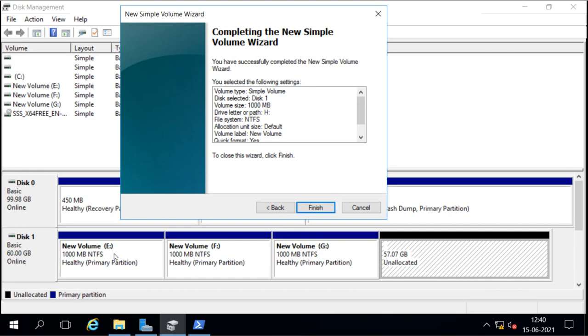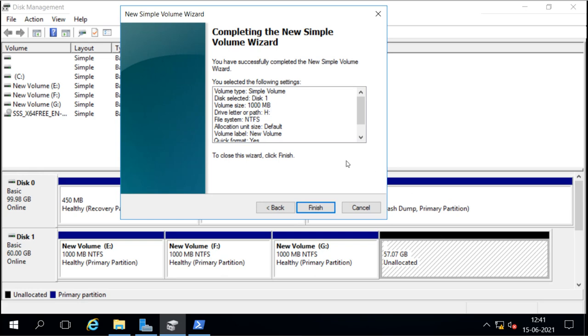That means this 1, 2 and 3 is already created, and if I create one more partition of 1 GB, so under this 57 GB I will use 1 GB and 56 GB will be remaining. Now 56 GB will be remaining, and if I create this 1 GB partition as a primary partition, then all that 56 GB is now useless. That means I will not be able to use that 56 GB, because when I try to create a partition, it will say that you cannot create any more partition because 4 primary partitions are already created.